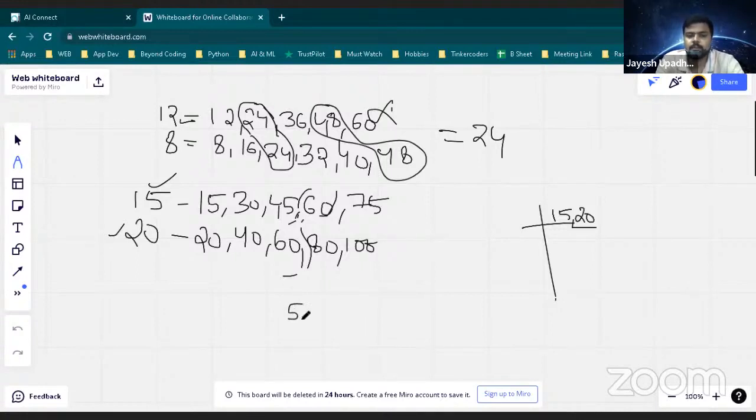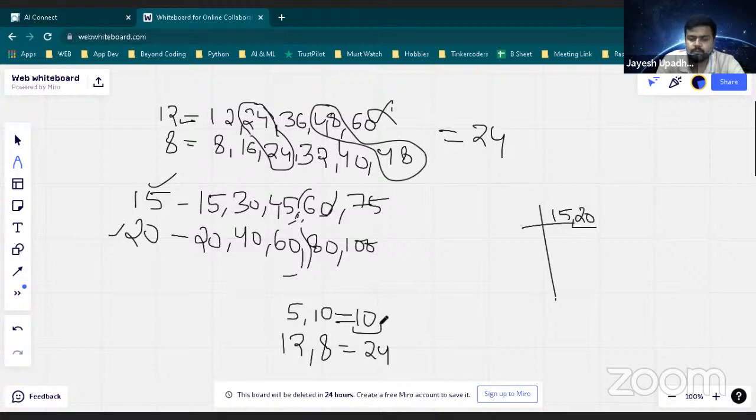So again, I will take the example of, let's say 5, 10. That will be 10 again. 12 and let's say 8, we'll get 24. So with this way, what we get is, now let's take out some more conclusions from this.